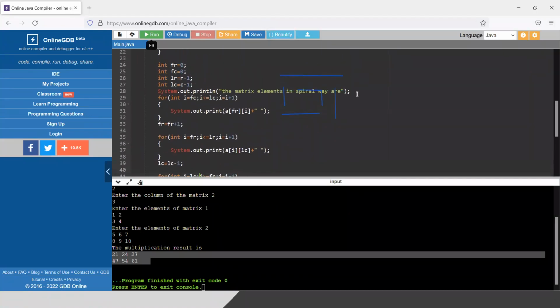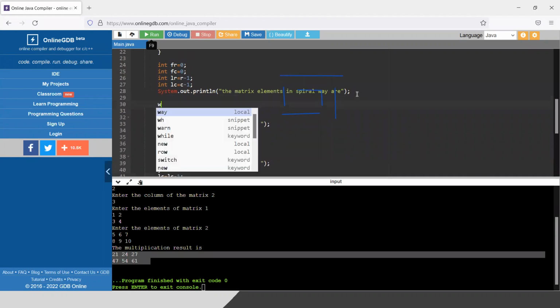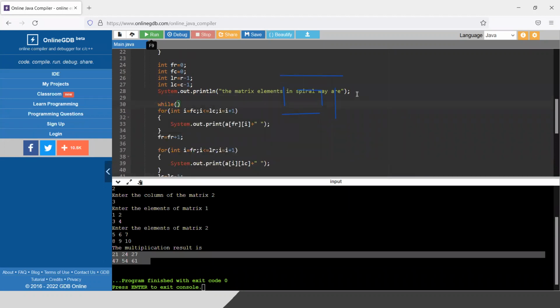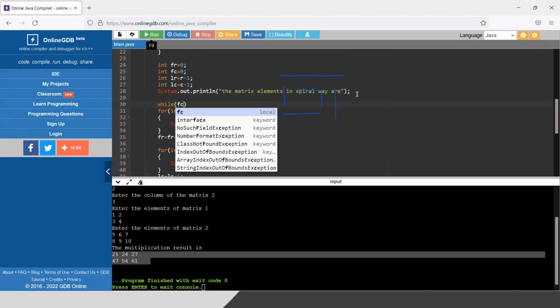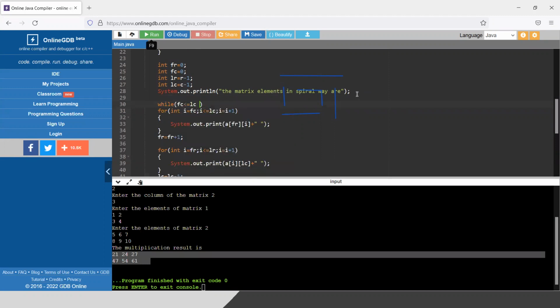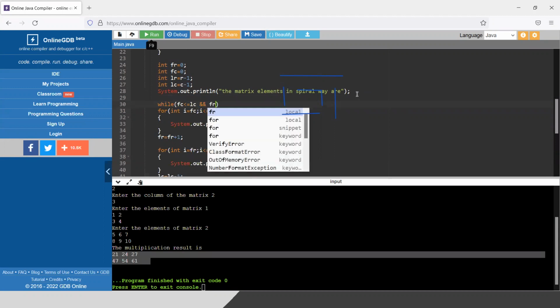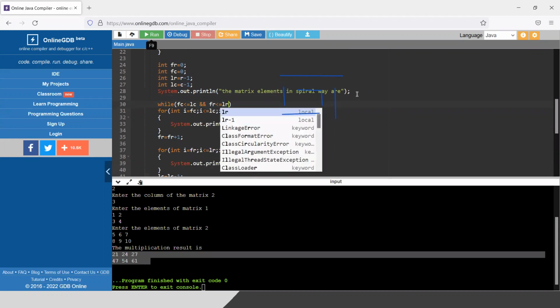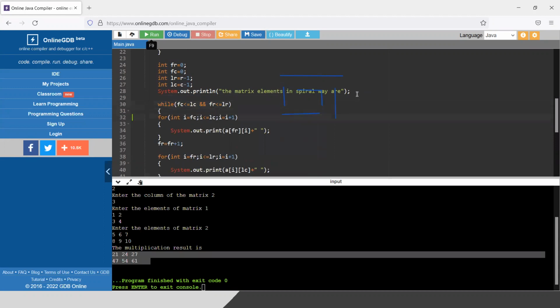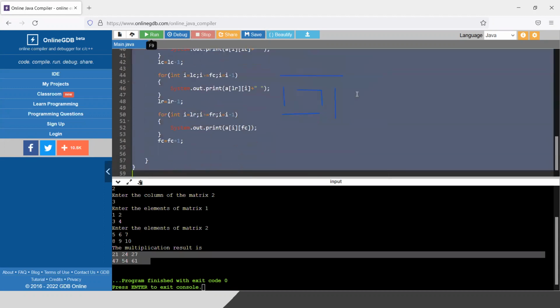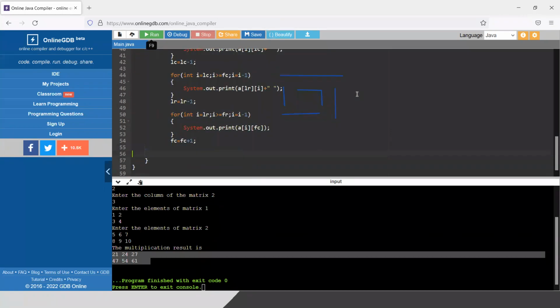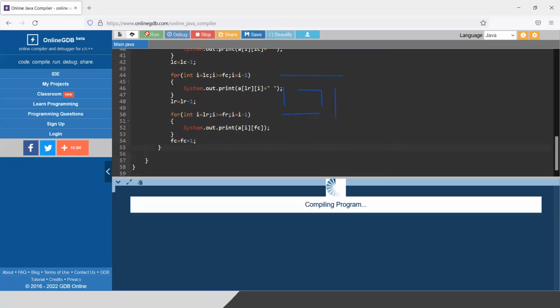So here I can write something like while first column is less than or equal to last column, and both the things, first row is less than or equal to last row, until they cross each other. Until that point, I want to print all these things. So if I run the program now,